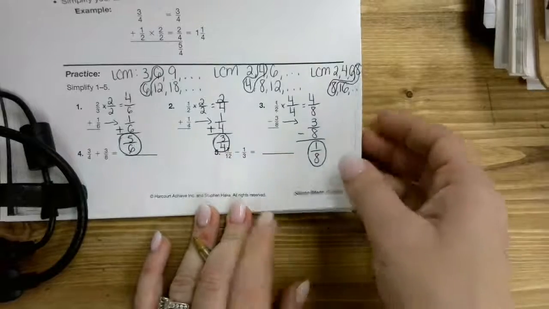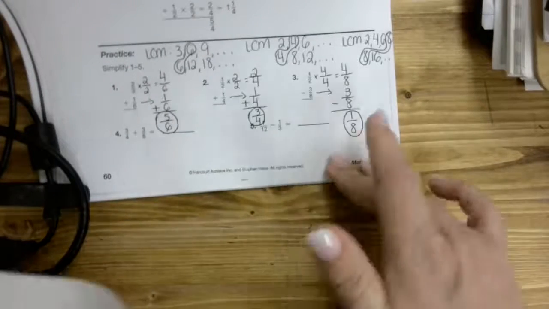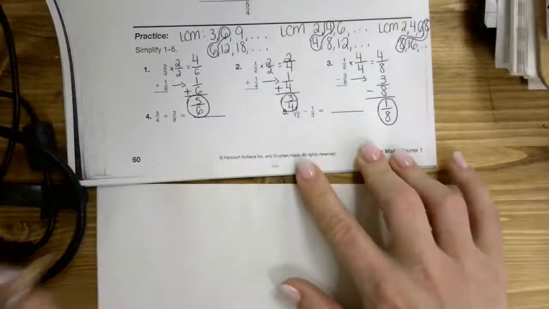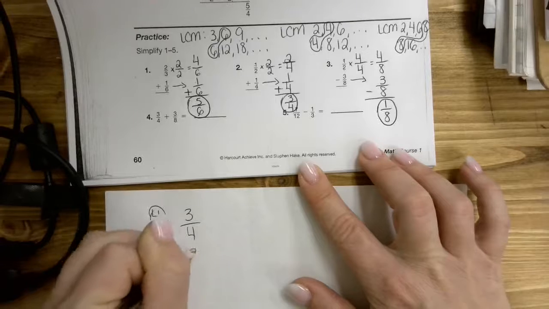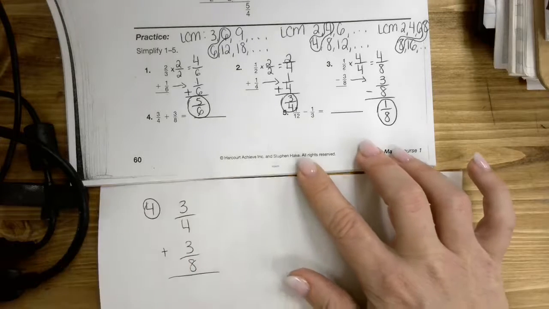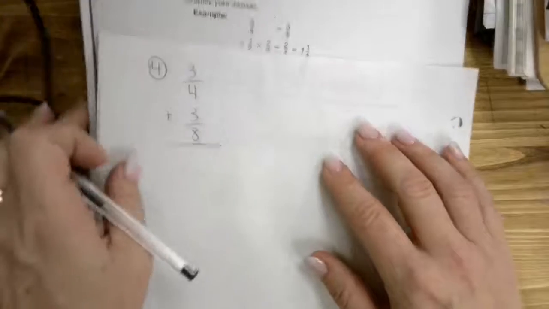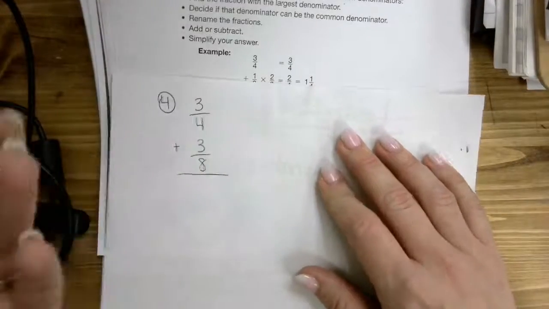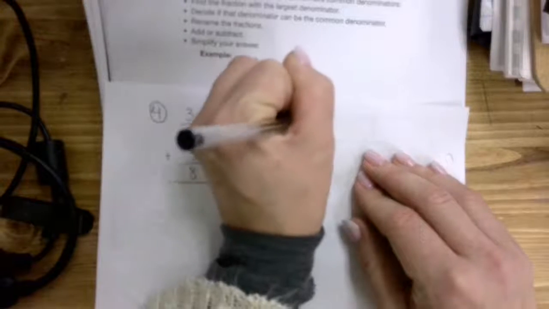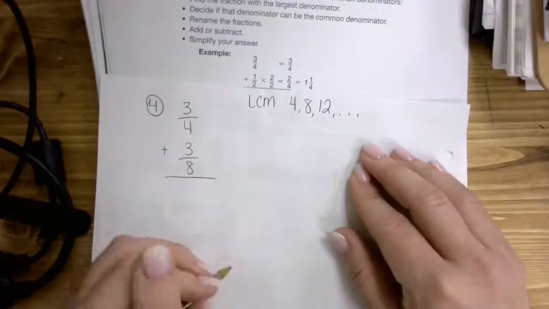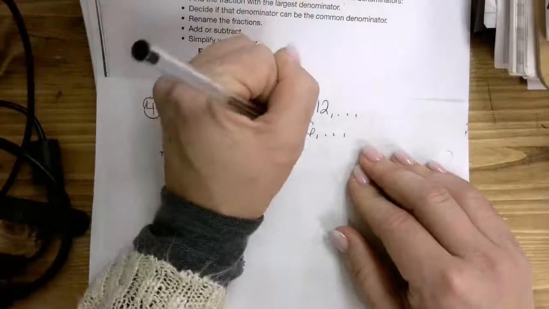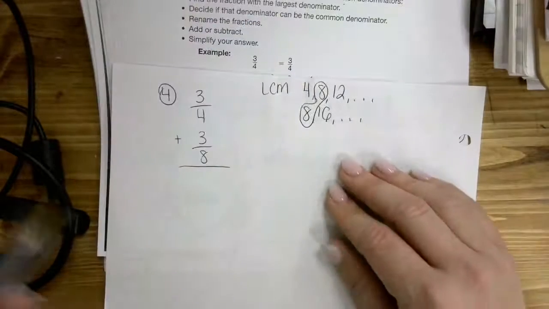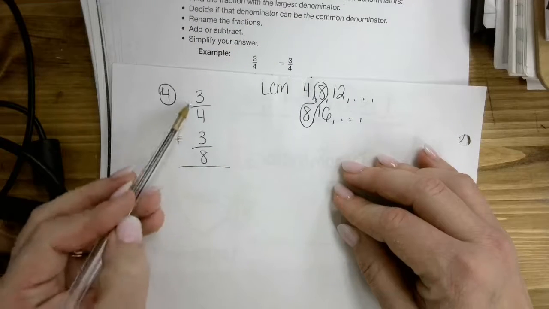Okay, so now, because I'm running out of room, I'm going to do 4 and 5 on a separate sheet of paper here. So number 4, I have 3/4 plus the 3/8. Obviously, I do not have the same denominator, so I have to get my LCM of 8 and 4. So I have 4, 8, 12, and of course it goes on. And then I have 8, 16, and then it goes on and on. So I have 8 as my LCM, and I got lucky one more time